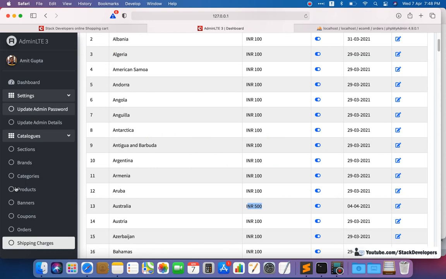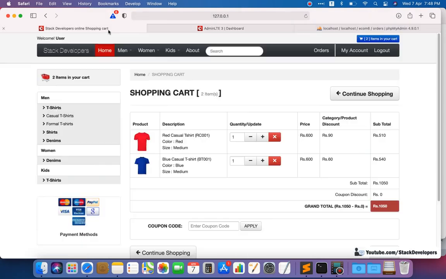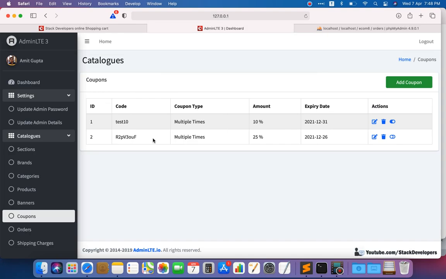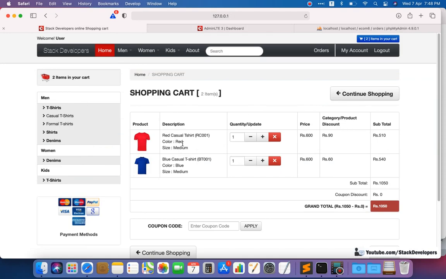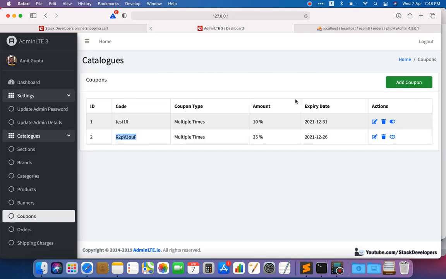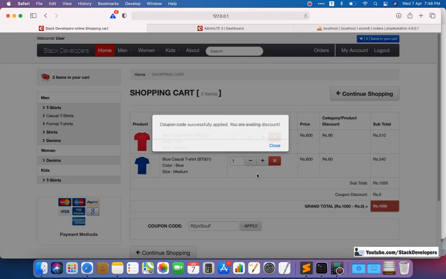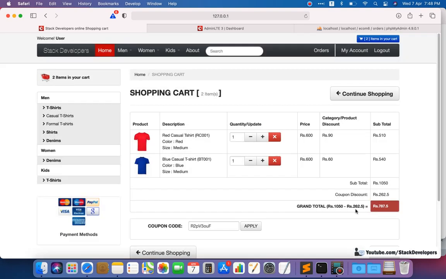So see here, if I apply some coupon code, I think there is some issue. I applied this coupon and it is not active, so I am going to make this coupon active. Okay, no issue. Now we are going to apply this coupon, successfully applied. You can see the coupon is applied, and now I pass wrong information.